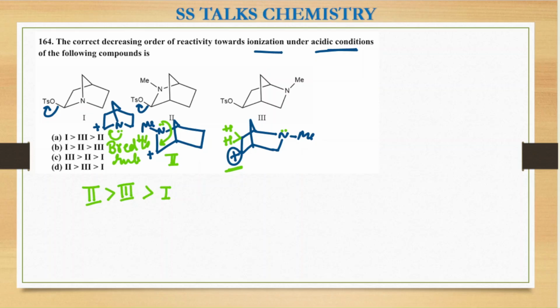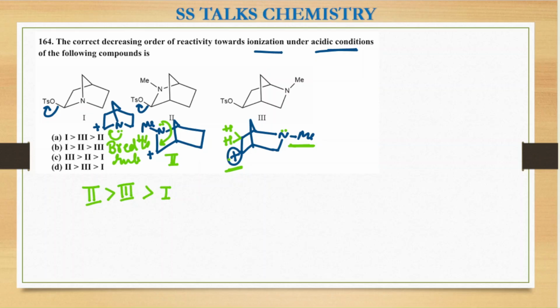Okay. Whereas in the third case, you can see this nitrogen atom of the ring can apply the minus I effect, and the inductive effect is distance dependent. So it is farther apart from the carbocation, so a lesser amount of the inductive effect of this nitrogen atom is being applied over there. So we can say that the maximum stability will be due to the plus M effect of the second